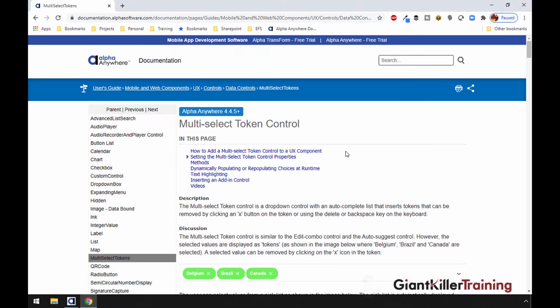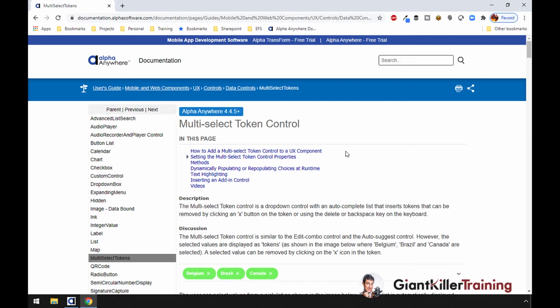So this demonstration is going to focus on a really cool user interface tool called the Multiselect Token Control. It's a control that's been out for a while, but I am finding I'm using it more and more these days because it's very powerful. It looks great, makes your applications look great, and most importantly, it has the ability to really open up a whole new way of interacting with your application for your users. And it's really a fun control, pretty easy to implement, and I think, as you'll see in here, very effective